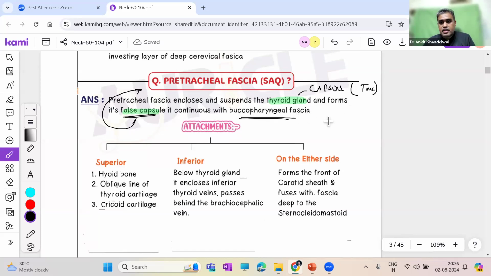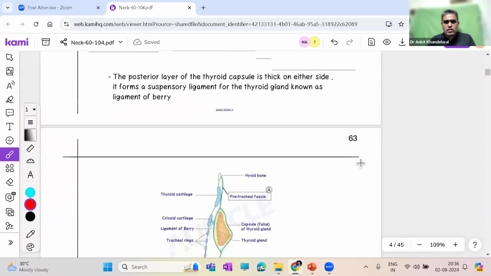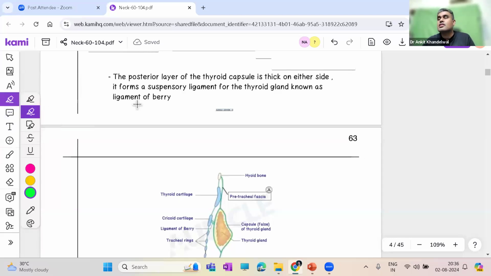And it continues behind us. We have seen that, right? The pretracheal fascia was continuing behind as the buccopharyngeal fascia. In between we had the trachea and esophagus, and the thyroid gland was inside this. Remember? Attachments again, superior, inferior, or either side. You can see all the attachments that we have seen. I'm not going to go over them again. One important point, though, which we'll discuss again in the thyroid gland topic,